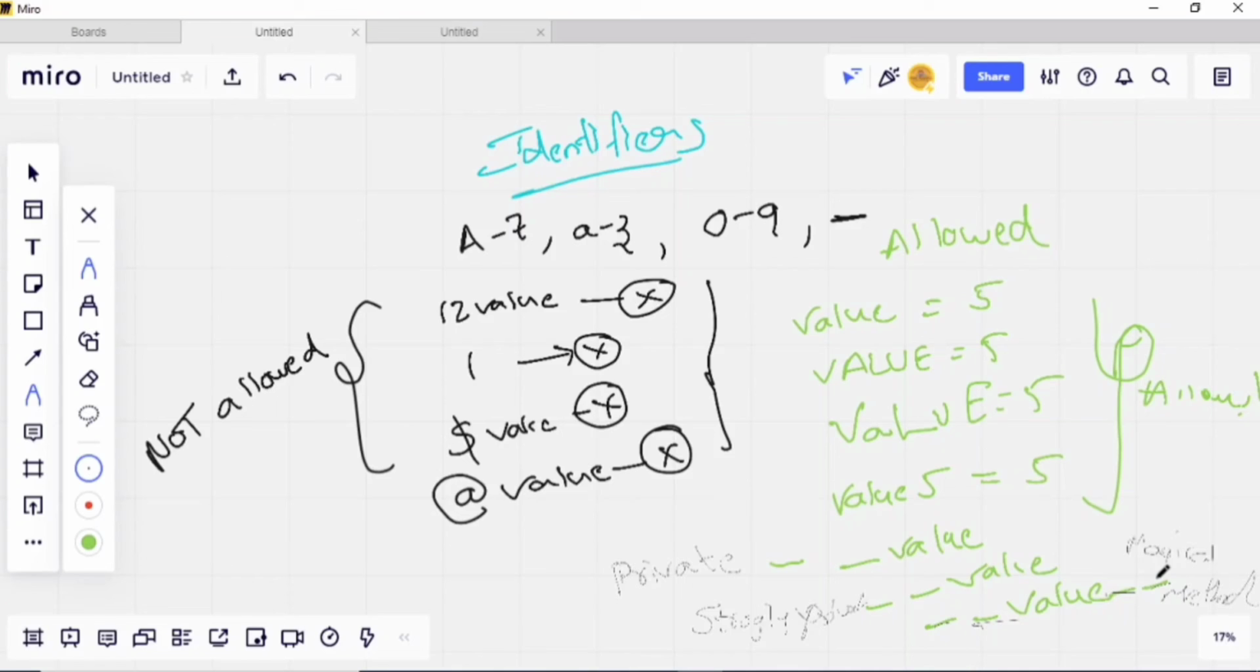Now we have understood what identifiers are, what the allowed characters in identifiers are, and what the not allowed and allowed naming conventions in identifiers are. So next